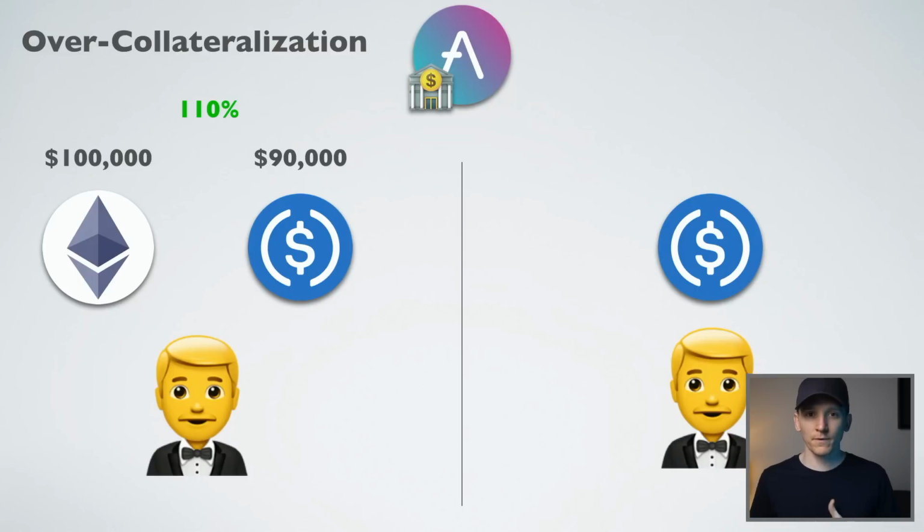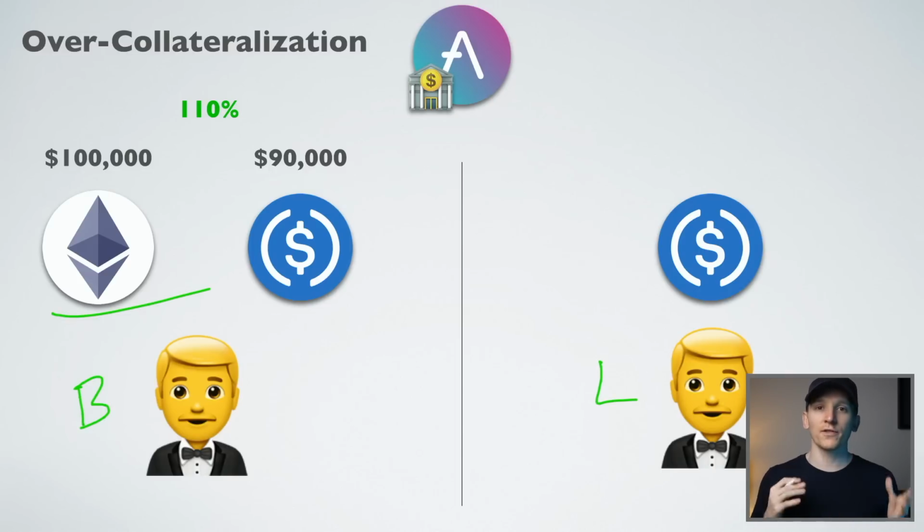Well, very simply in crypto, you can speculate using your assets as collateral. So for example, if you are a borrower over here and a lender over here, let's say you have $100,000 of Ethereum and you think Ethereum is going to go up a lot, maybe 10 or 20% this year. Well, what you can do is go and put your Ethereum onto the Aave platform and borrow, in this example, 90%, $90,000 against it, right? So you have $90,000 borrowed in USDC, but you keep your ETH as well. Now, this is known as over-collateralization of around about 110% in this example.